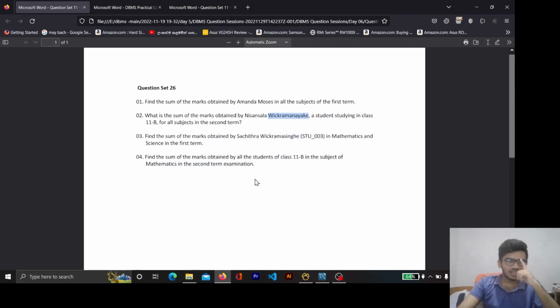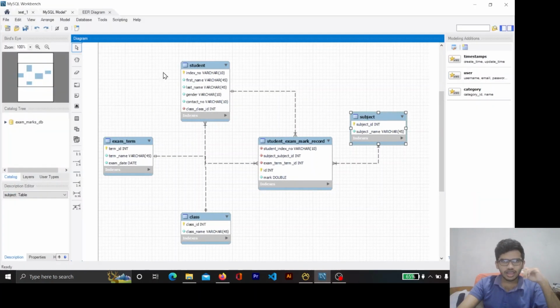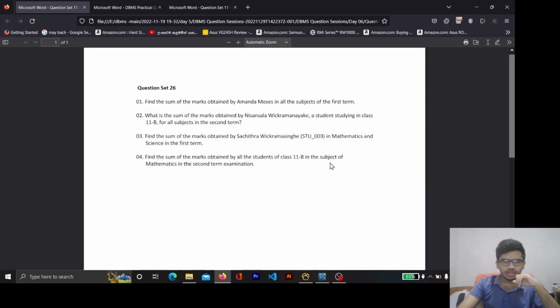Today we'll be discussing question set number 26, and let me give you some time to pause the video and read the questions. So I think you have read the questions, so let me just explain what this means. This is the continuation of question number 16, and here's the diagram for that question in case you are wondering. From the first question we can see that we have to use the sum